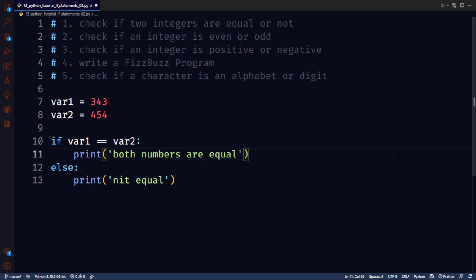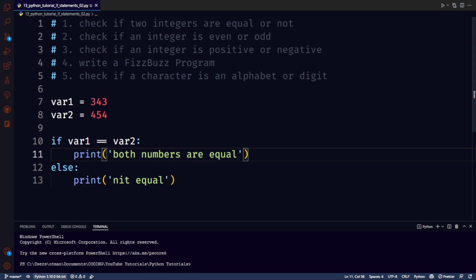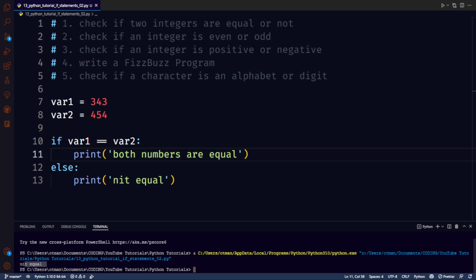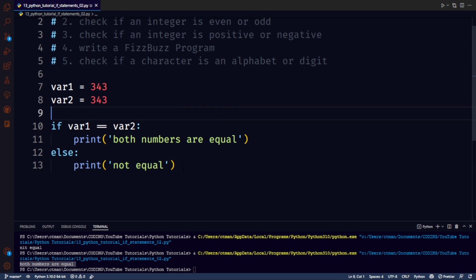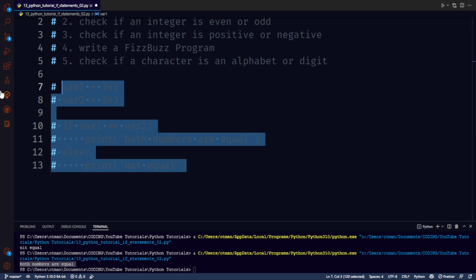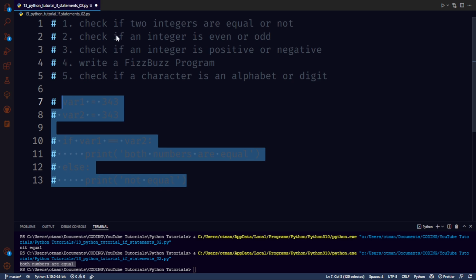If I hit if10 now, I should see not equal, because they are not equal. But if I change this number to 343 and I hit if10 again, both numbers are equal, which is exactly what we want. Alright, let's comment this and go to the second one, which says check if an integer is